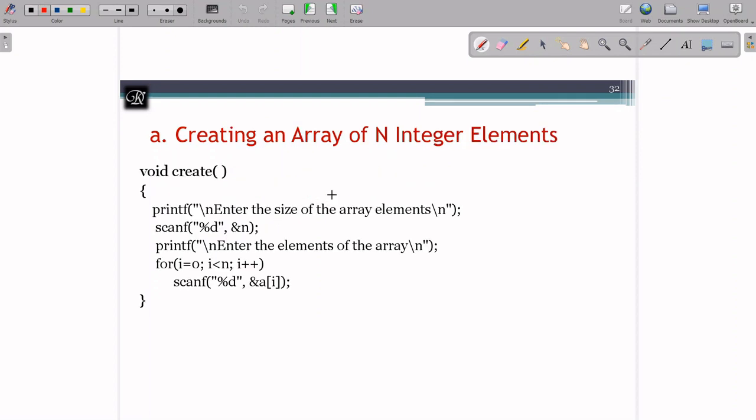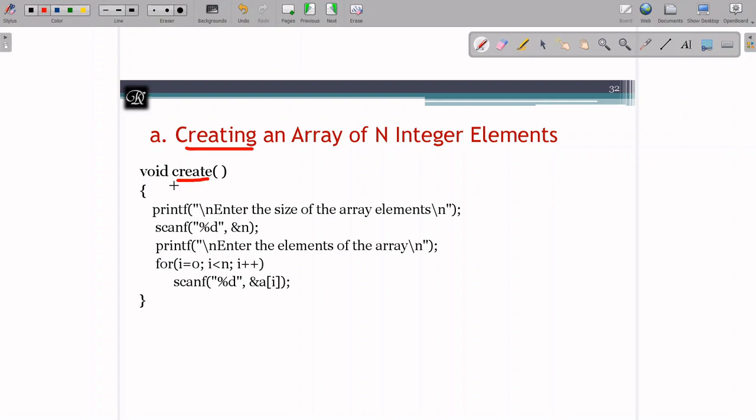Next, we'll go one by one problems, and we have to use functions here. So I'm taking each problem with an individual function. The first problem is going to tell us is create an array of n integer elements. So I have to create an array of n integer elements. This is going to be named as a create function, and I'm just creating.